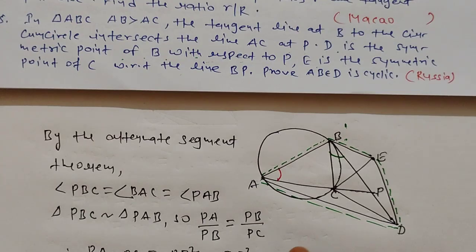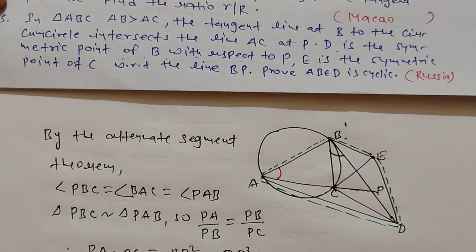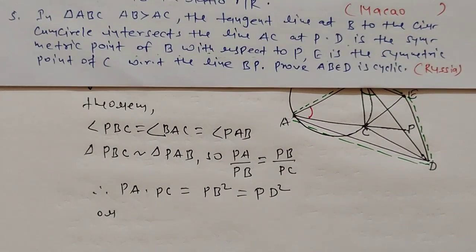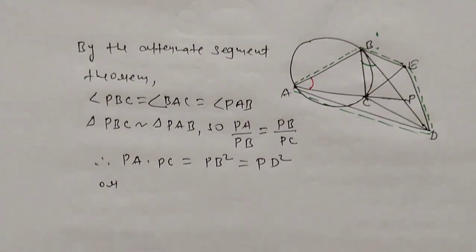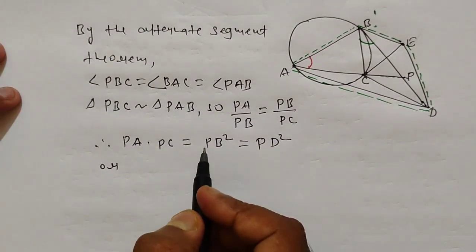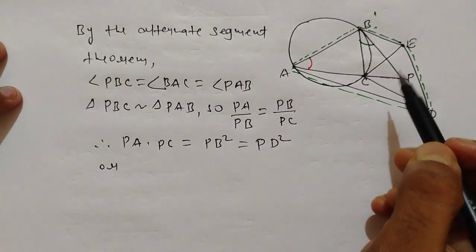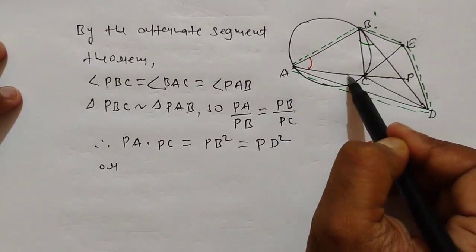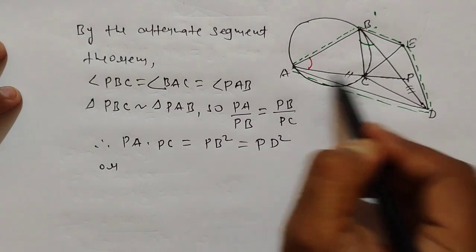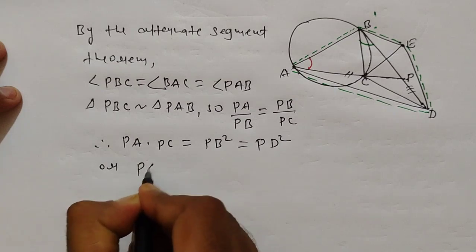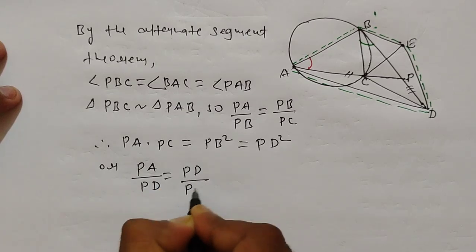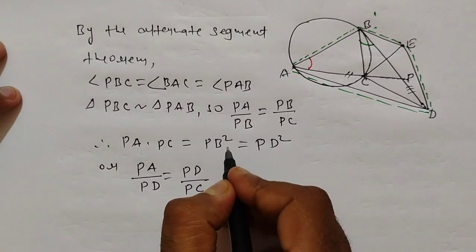Because of the similarity of the triangles we can write this, and also you can write the ratio of PA and PD, this is PA and this is PD, will be equal to PD by PC,